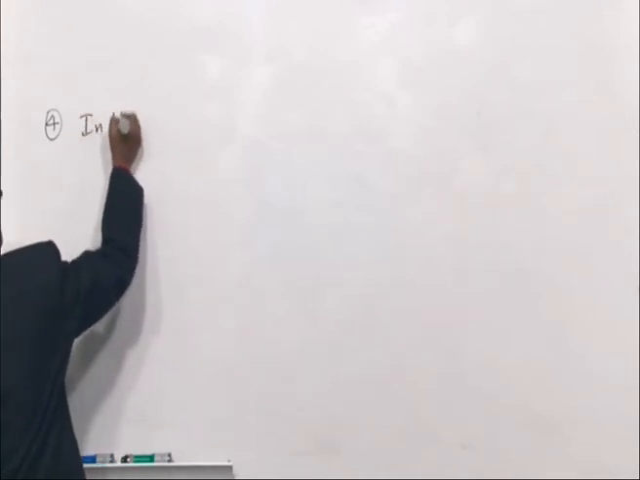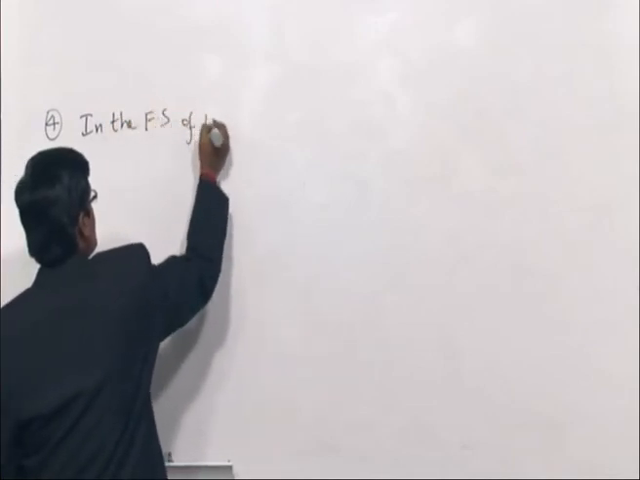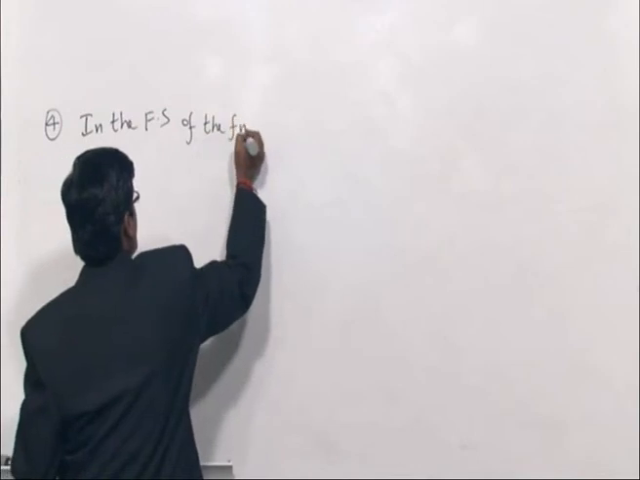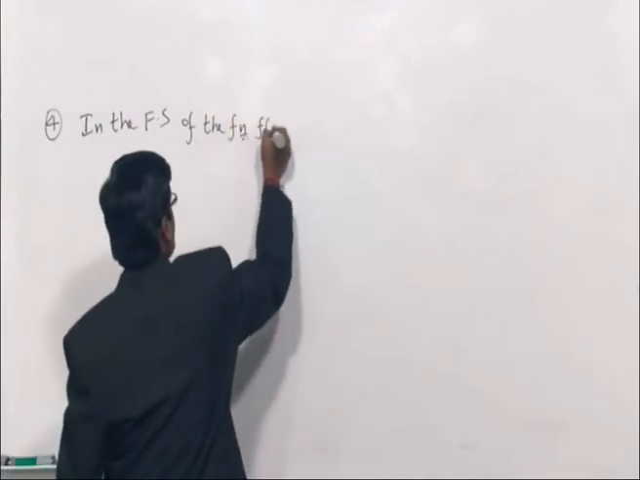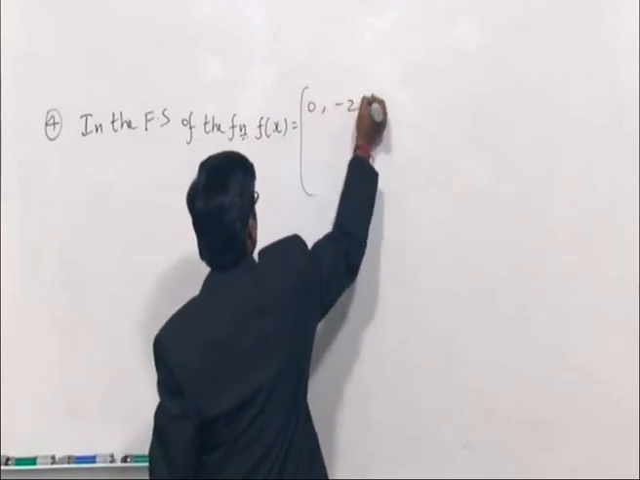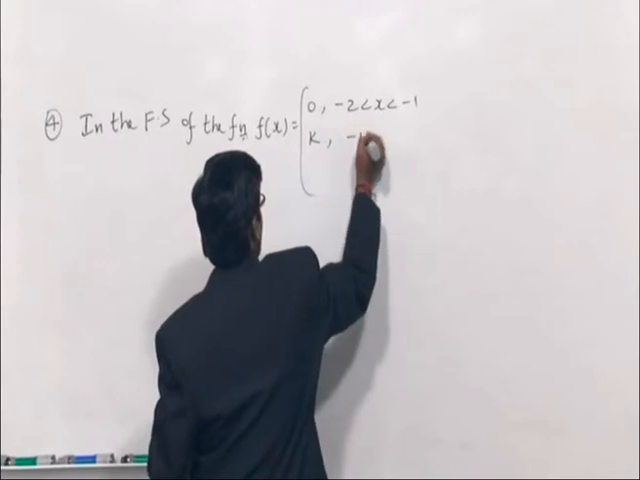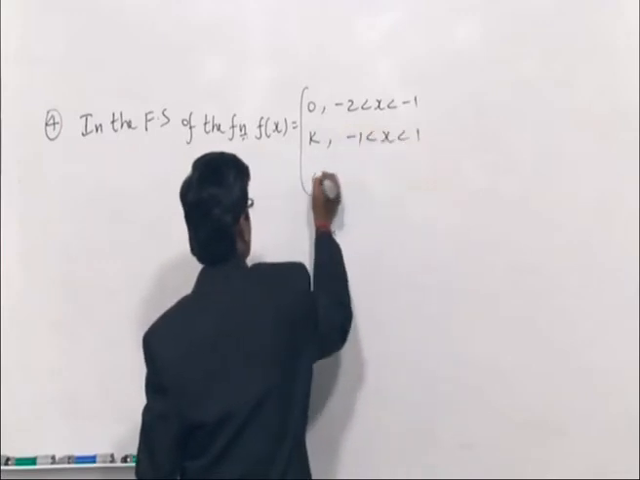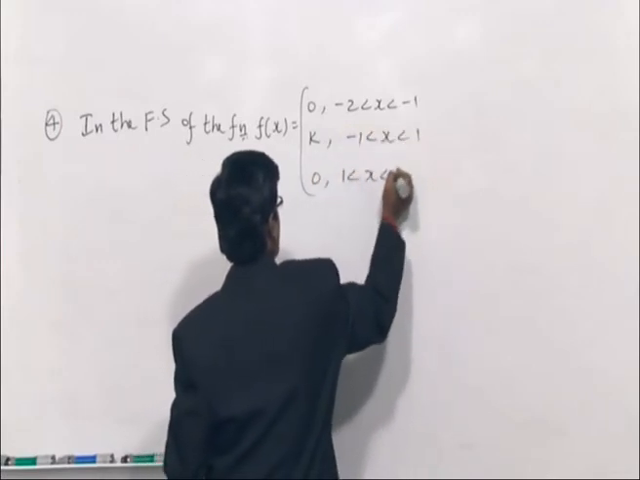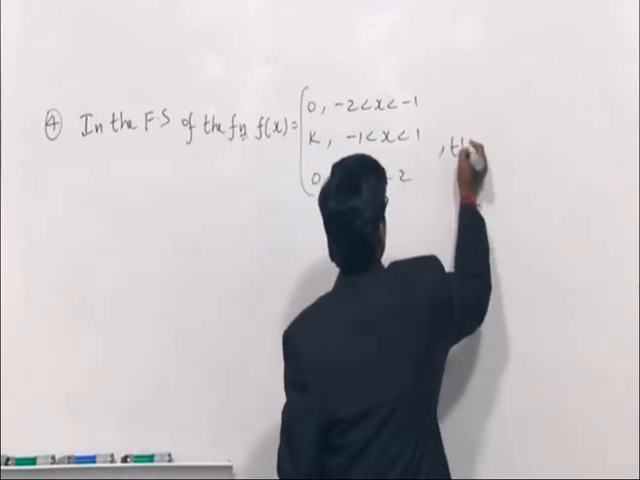In the Fourier series of the function f(x) = 0 for -2 < x < -1, k for -1 < x < 1, 0 for 1 < x < 2. So the total interval is -2 to 2. Then